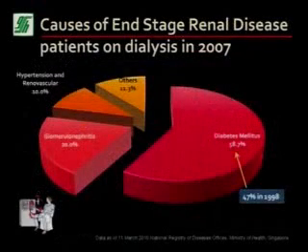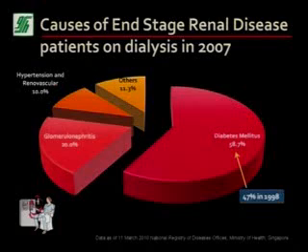So, causes of end-stage renal disease, so patients who have totally failed their kidneys, who have maybe 5% kidney function requiring dialysis in 2007. This is data as of 2010 by the National Registry of Diseases Office, Ministry of Health Singapore. As you can see, diabetes mellitus contributes to more than 50%, 58.7% to be precise, of all patients who went on to develop end-stage renal disease on dialysis in 2007.